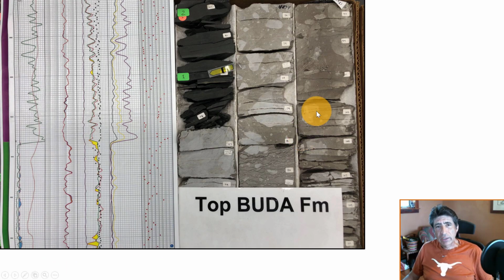And here are the logs, the beautiful photograph that shows the well logs: gamma ray, resistivity, neutron density, spectral gamma ray logs, permeability, and this is the top of the Buda Formation. And then here we have the organic section, the lower Eagle Ford. And guess what? Here the gamma ray log is extremely high, and then we come to this discontinuity. We enter into the Buda Formation, carbonate formation, and the gamma ray log drops to almost negligible values. Same we see with the resistivity log, except the resistivity log is plotted in a logarithmic scale.